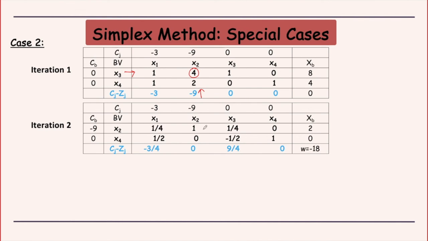Okay, so the whole row gets divided by 4, so this becomes 2, and here I want to create a 0. So my steps would be: first R1 becomes R1 divided by 4, and then R2 becomes R2 minus 2 times R1. Now in that process you would see that you get a 0 here as well. That means your basic variable x4 has a 0 value, which means this is a degenerate solution. Okay, so the intermediate table also has degeneracy, because we still haven't reached optimality, this is still negative. So this is an intermediate table, but there is degeneracy here also.